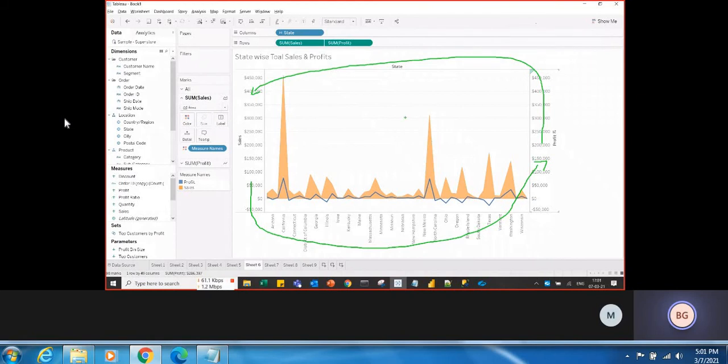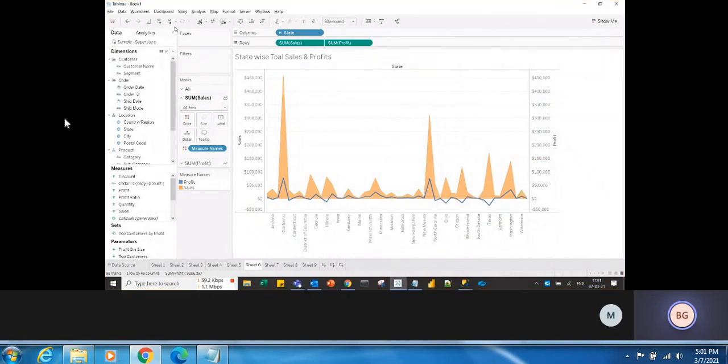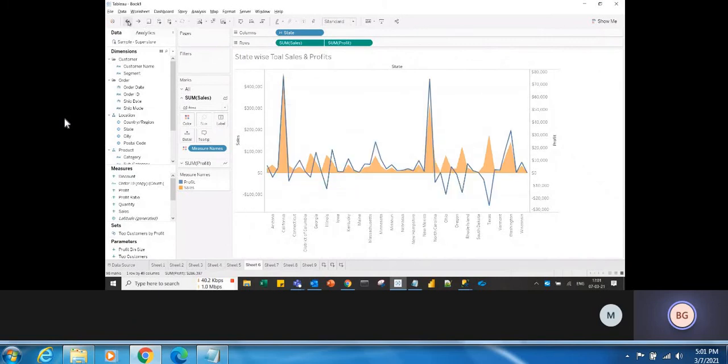That's right, so observe it. Now the axes are not synchronized, correct? Sales has its own units like 1 lakh, and profit has its own units, that is 10,000. Now on the sales axis, I will click on synchronize.